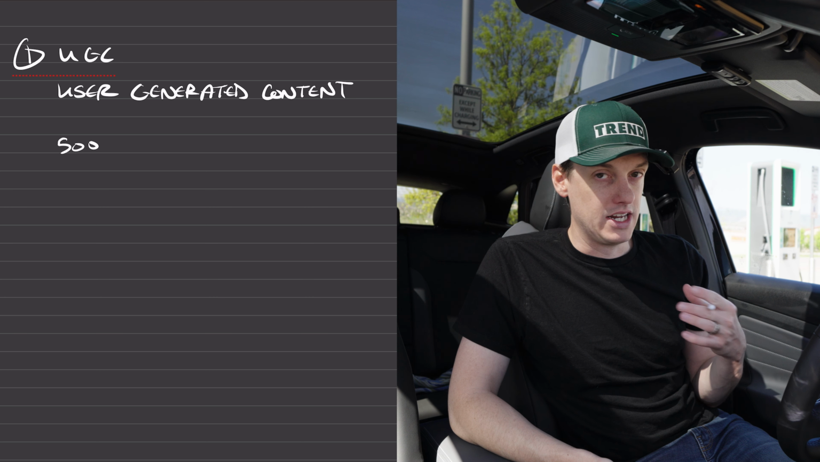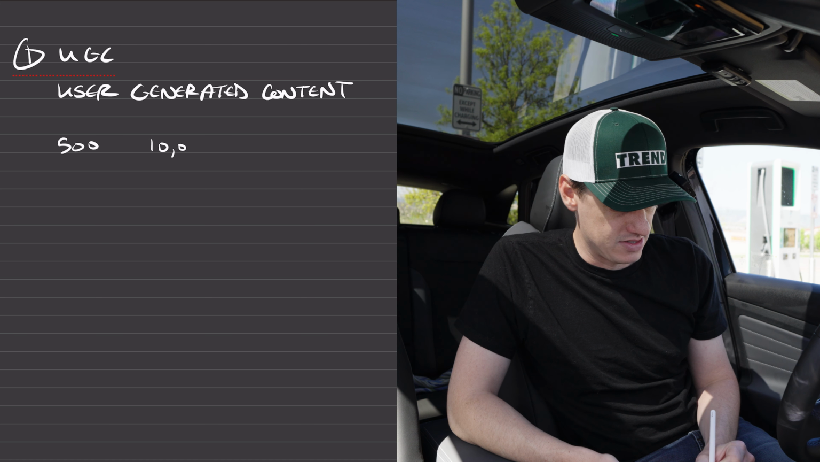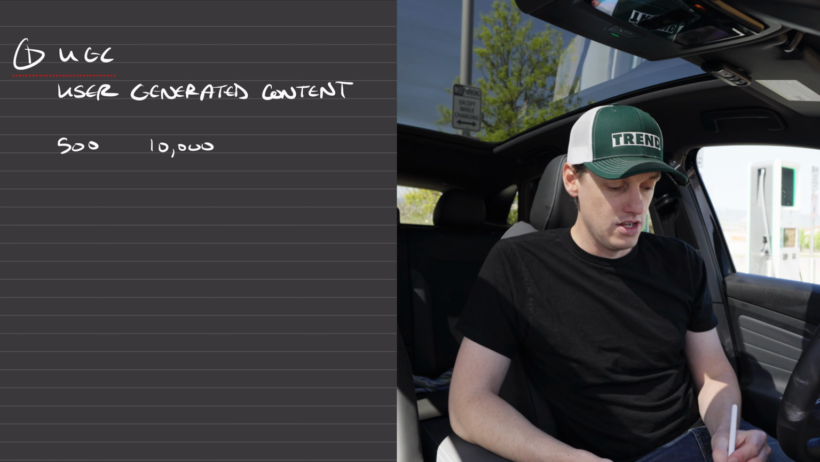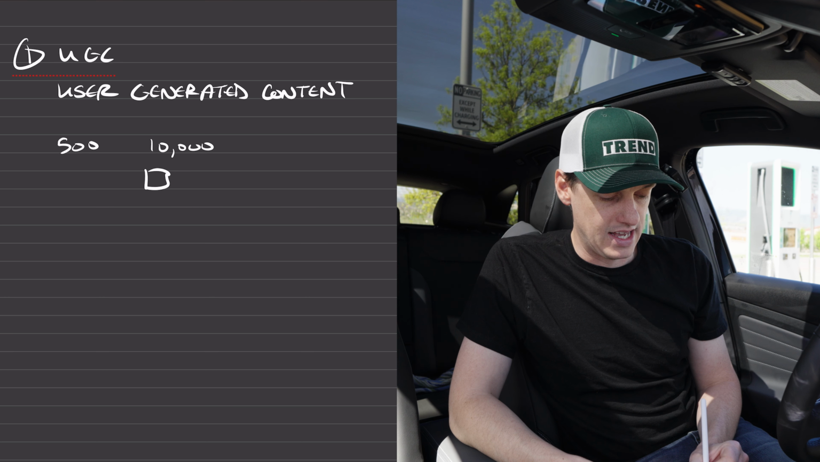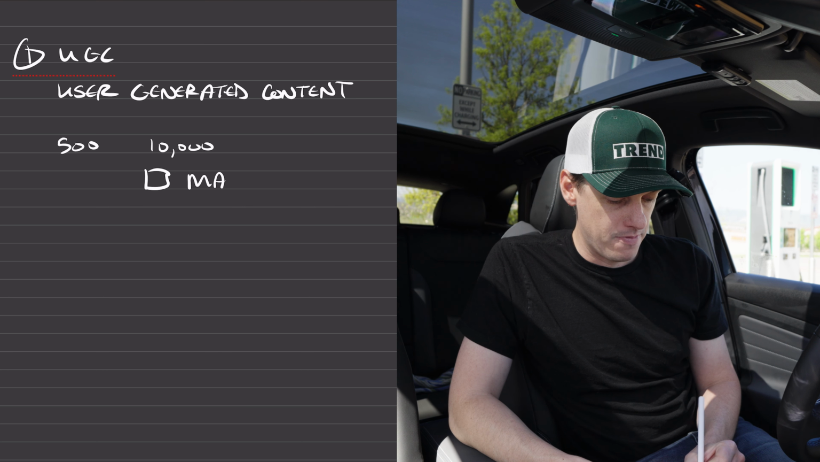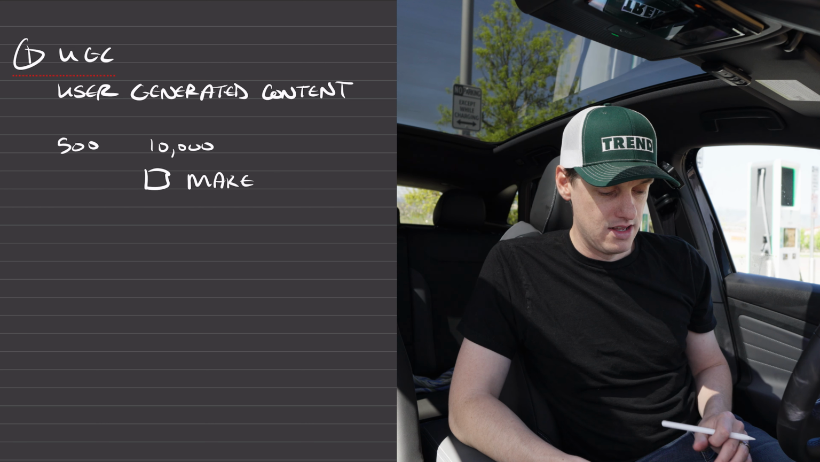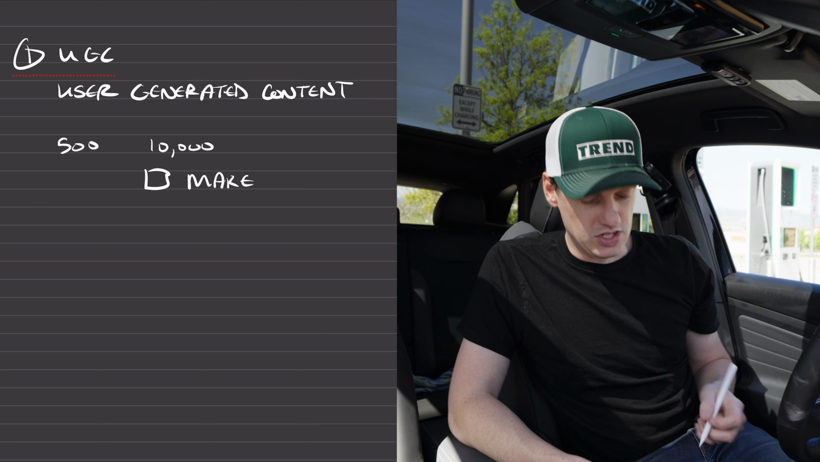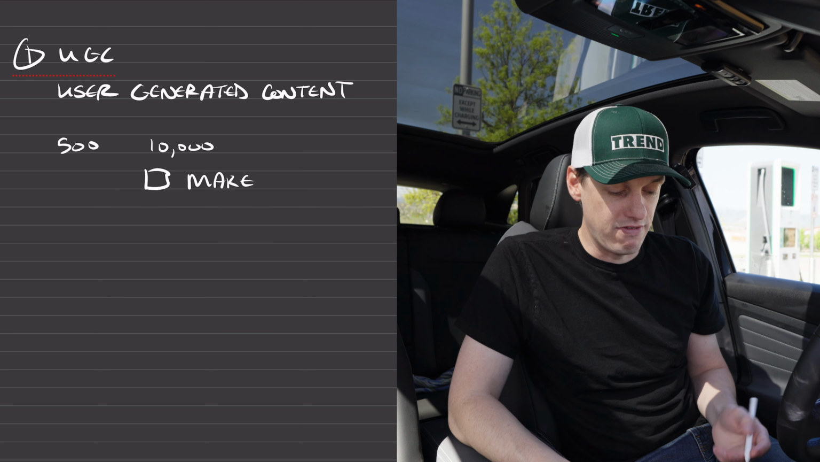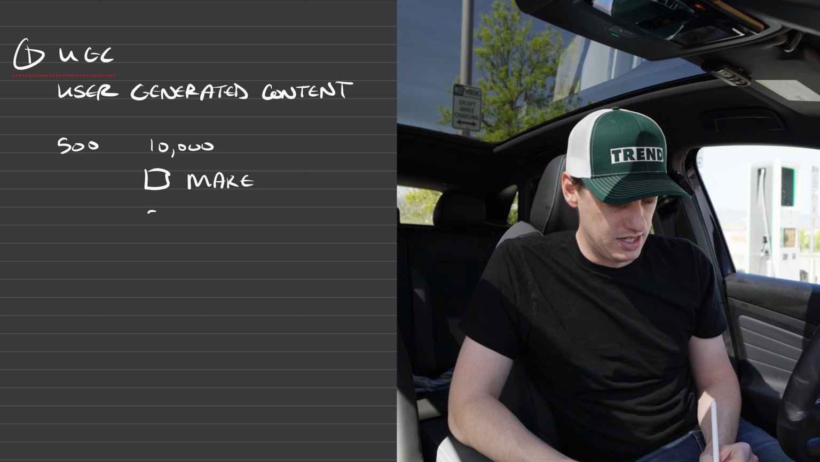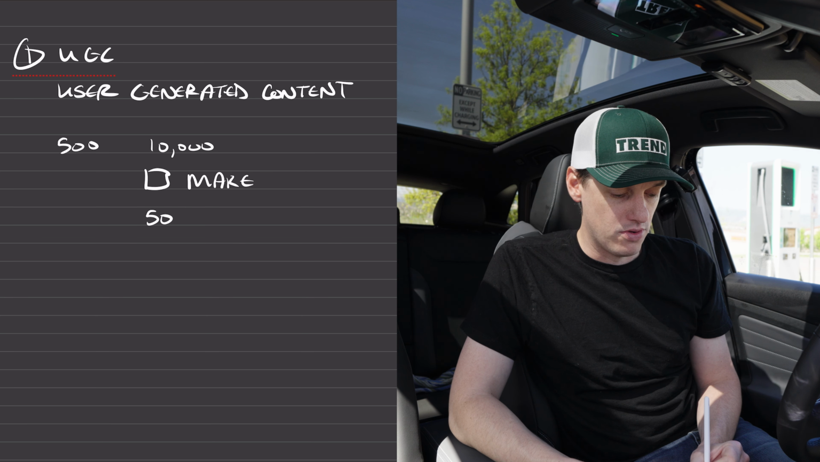Let's just say you have 500 followers. And maybe they're engaged, they're loyal. You might even have more. Let's just say you have 10,000 followers. Then you make a video, you have a product or a service, and you say, make a video about my product, and it's going to be a competition. In this competition, let's say 50 people make a video